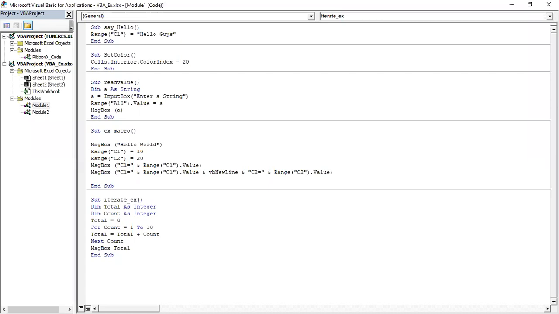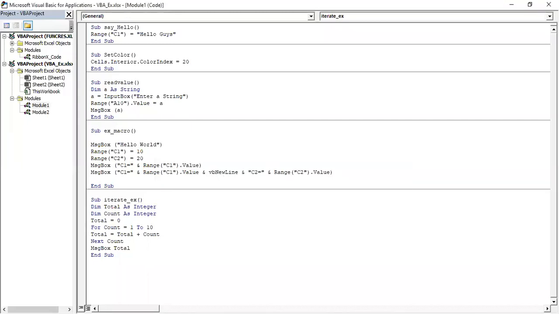Dim total as integer, count as integer. So we are initializing total to 0. For count equal to 1 to 10, we are adding up all the numbers. Then we display the total in a MsgBox. So iterate underscore ex is the subroutine name we have.